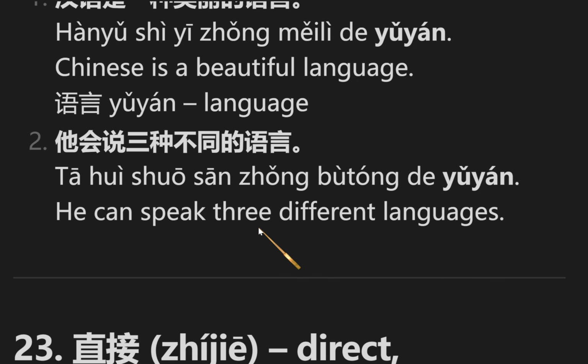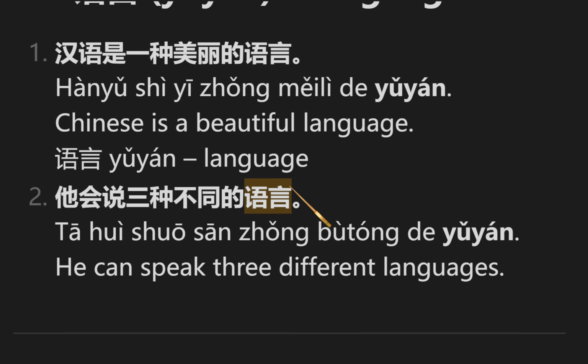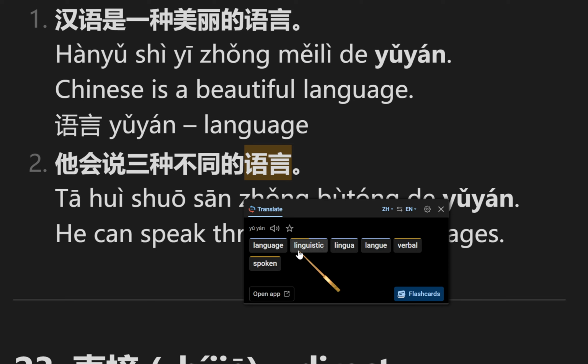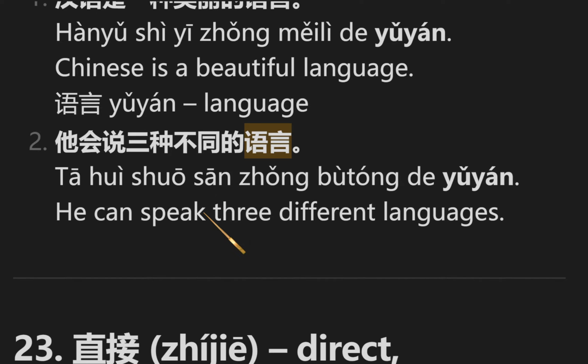Next one, he can speak 3 different languages. 他会说3种不同的语言。他会说 he can speak. 会 to can, something to be able to do. 他会说3种 3, just measure. 3不同的 not the same, or different. So 3 different, 3种不同的语言. It's language, 语言. Linguistic, lingual, language, verbal. So he can speak 3 different languages. 他会说3种不同的语言。